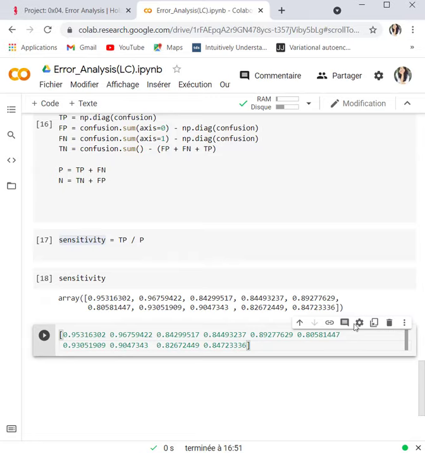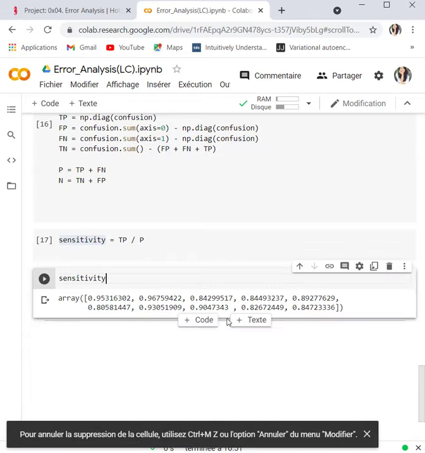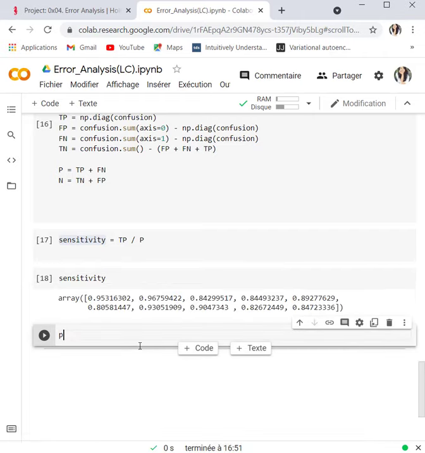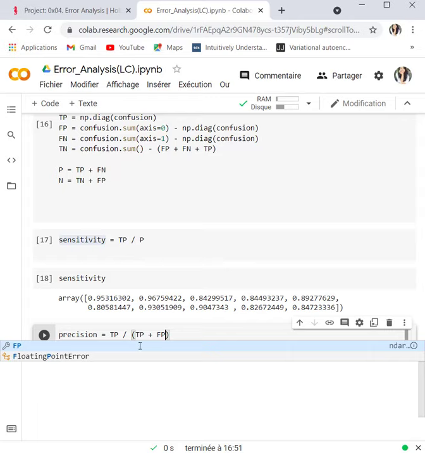Now for the precision, it's going to be the true positive divided by the true positive plus the false positive.